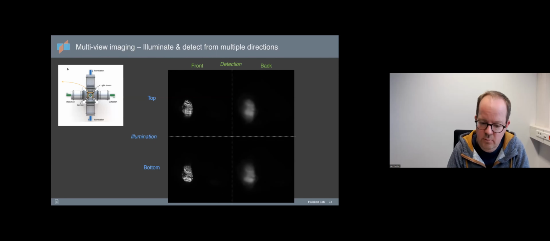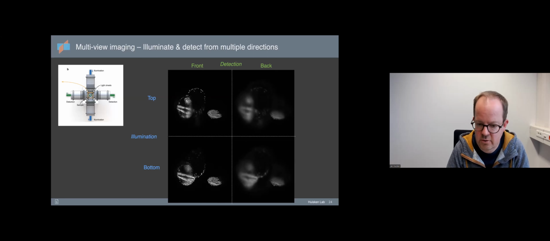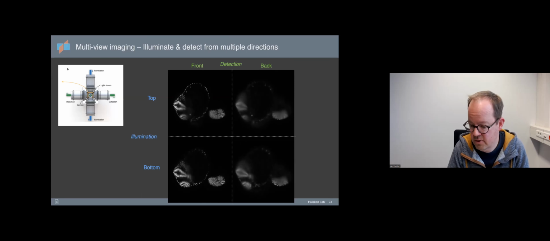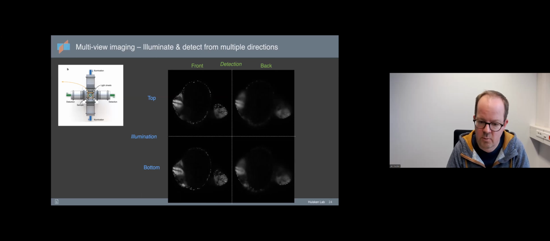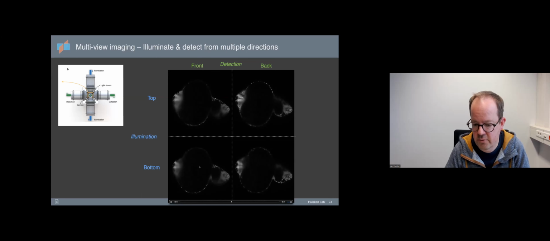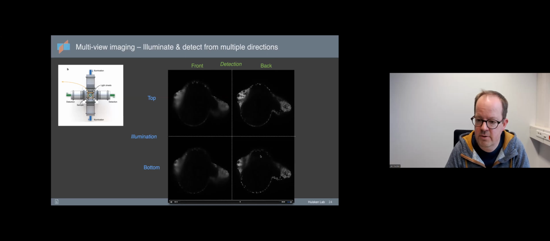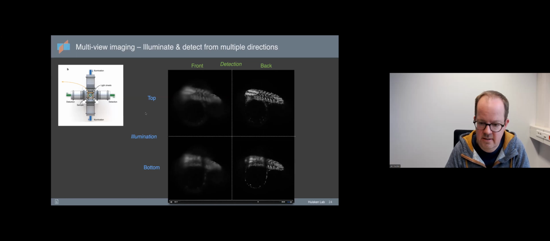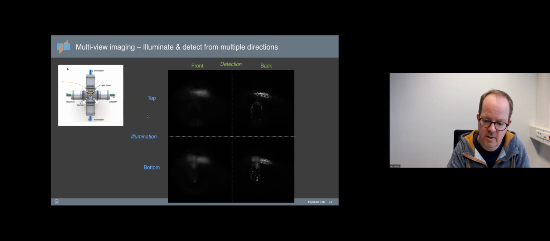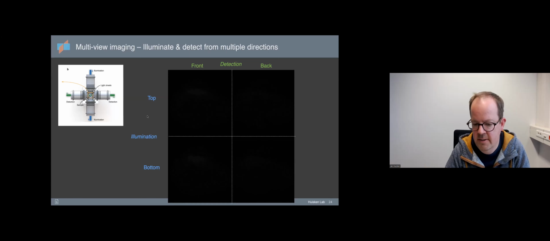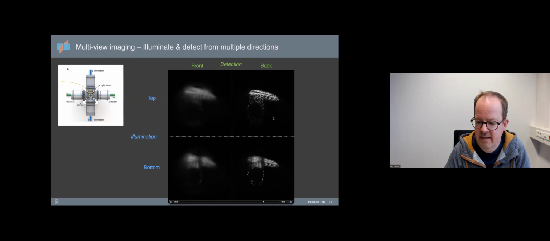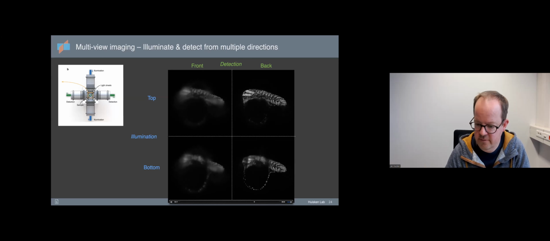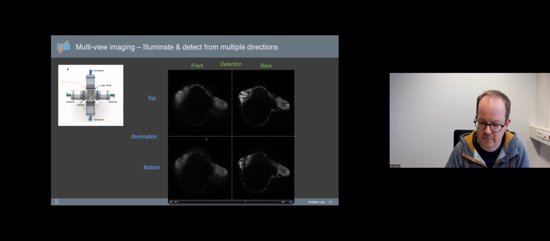So instead, what most people do in the light sheet community is they do what's called multi-view imaging, where you're not just capturing a data set from the front, which is shown here on the left, but also from the back. So in this case, we have 2 detection lenses. As you're sliding the specimen through the light sheet, as shown here, you realize that the back camera may capture a nice image of the back